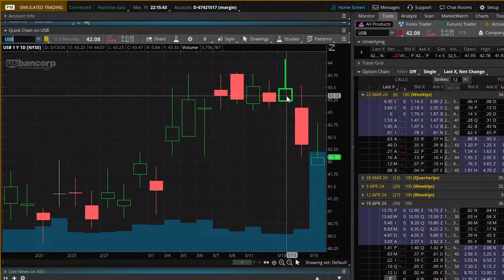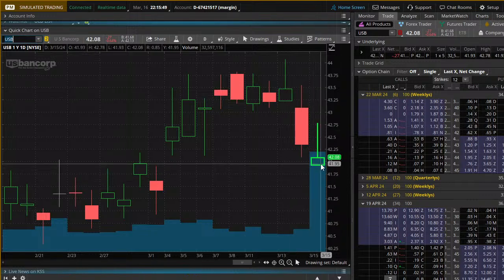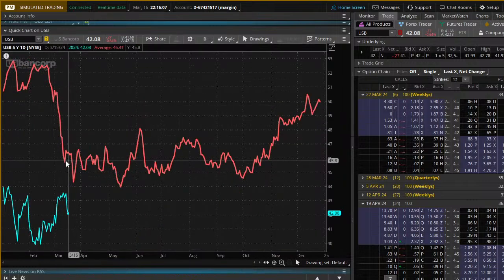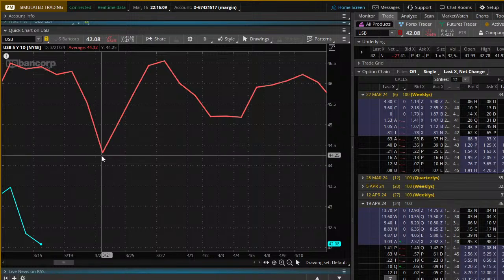Oh, 30-day top was 3 days ago, and that was 44.07. Okay, so what we're gonna do, the last trade was here. Again, bottom, top, 2 days to the downside. I would like to see one more day to the upside, but let's see what seasonality does. What does it normally do this time of year? Normally she basically goes sideways. You can't count this March 21st. You're going to see that almost every single chart has March 21st as a low. But if you disregard that, it basically goes sideways.